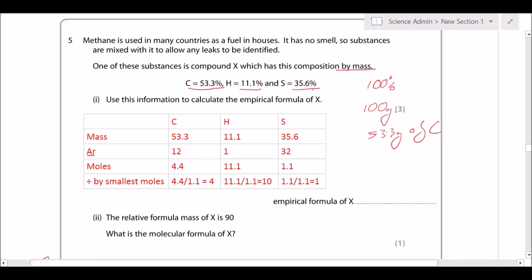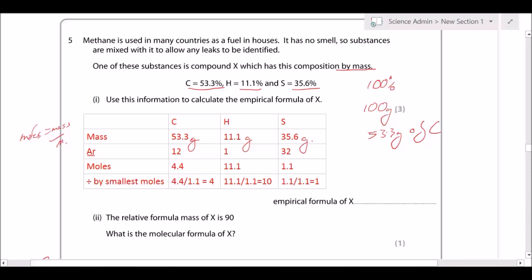And the total mass being 100 grams, given that 100%. So 53.3, 11.1, and 35.6 should all add up to 100. Anyway, we're going to use those percentages as grams instead: 53.3, 11.1 and 35.6 grams. And then, given that moles equals mass divided by Mr,